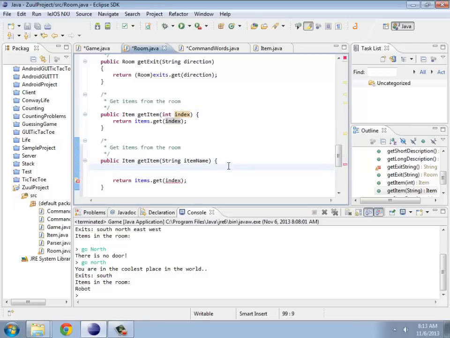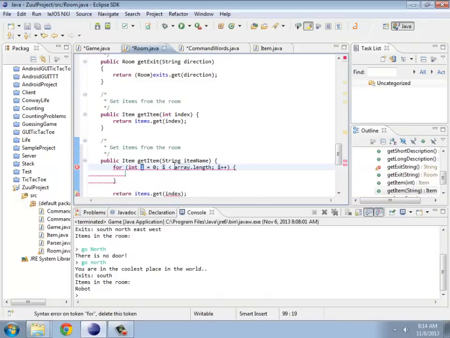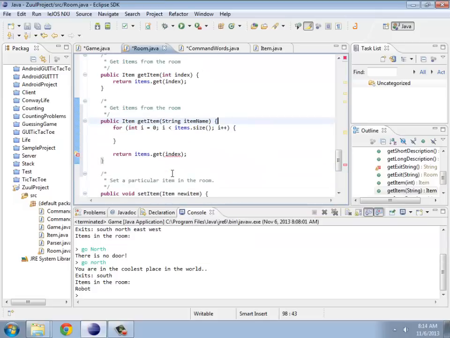So what I'm going to do here is a for loop, which is going to go through everything in my items array list. So this will be items.size. It's an interesting thing. Arrays use .length with no parentheses. Array lists use .size with parentheses, and strings use .length with parentheses. Why weren't they consistent? Because they didn't foresee the future, I guess. Anyway,